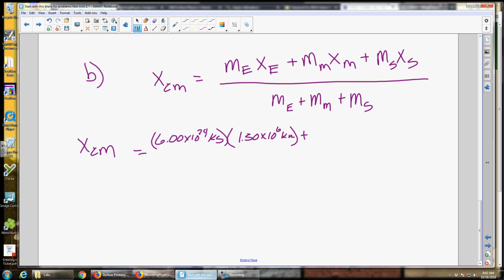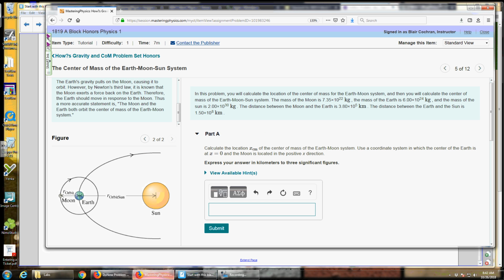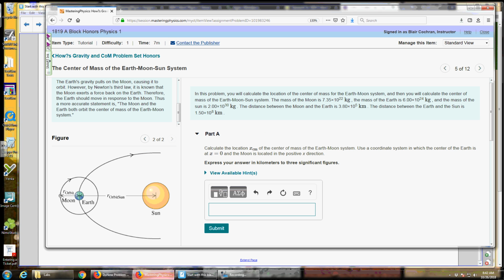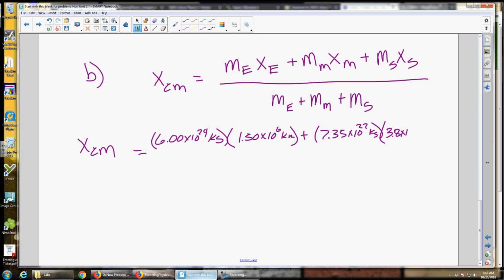Plus the mass of the Moon, 7.35 times 10 to the 22nd kilograms, and I'm going to run out of room again. And now, this is the tricky one because I need to add together the radius from the Earth to the Sun and also the radius from the Earth to the Moon to get the radius of the Moon to the Sun. And so I add 3.8 times 10 to the 5th kilometers plus 1.5 times 10 to the 6th kilometers,